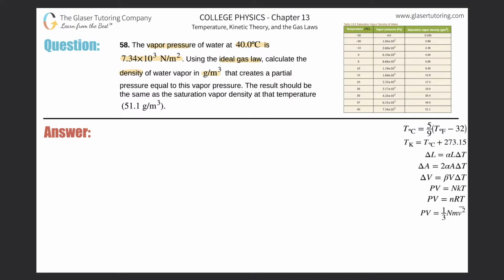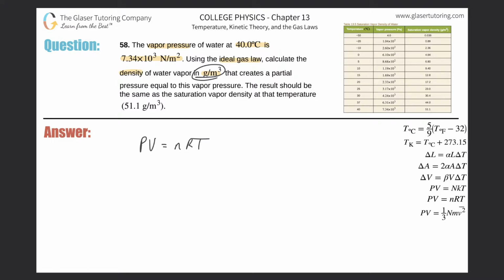What we're going to do is I'm going to use this version of the ideal gas law. PV equals nRT. In other words, the pressure of a certain gas multiplied by the volume of that particular gas will equal the moles of that particular gas in the sample multiplied by the R constant multiplied then by the temperature of that gas. Now, what we are required to do is find the